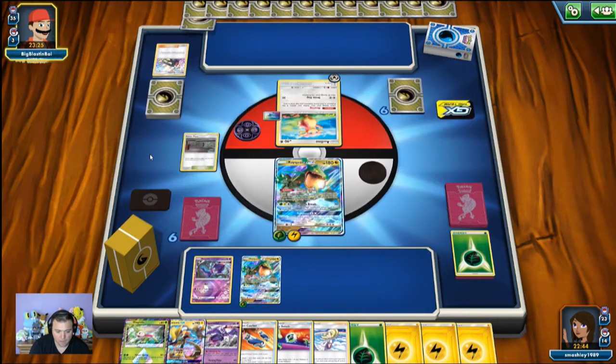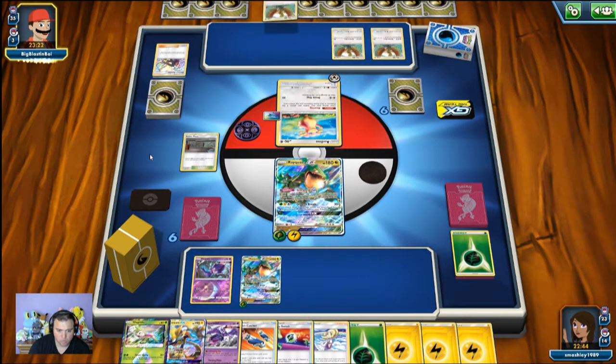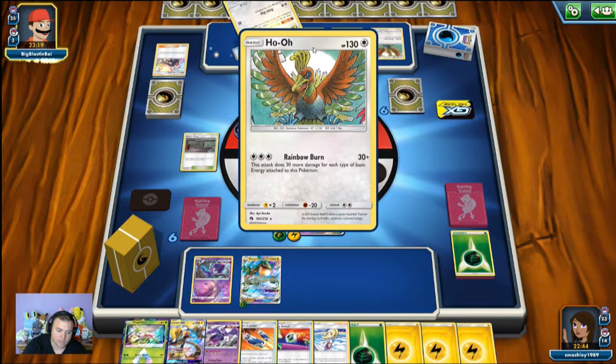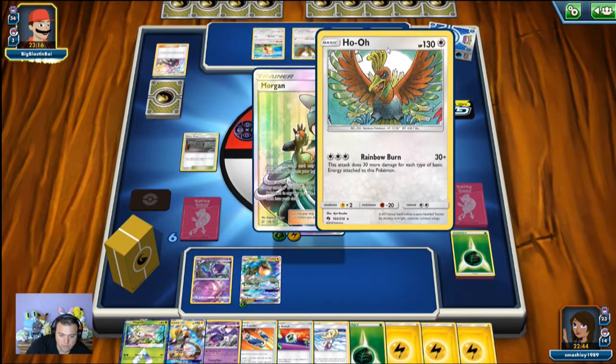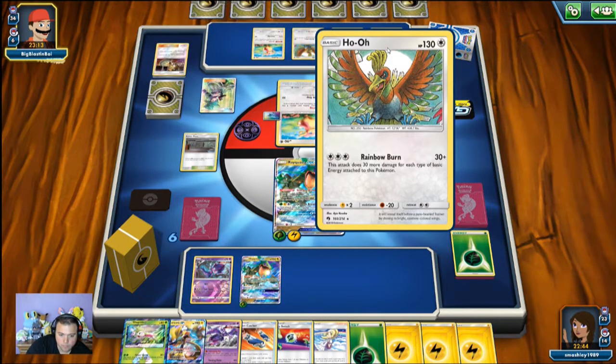I mean, we'll get an attack off next turn. Charging out. What is what? Okay. 3 damage, this Pokemon. So he's doing like 140-ish? Or no,